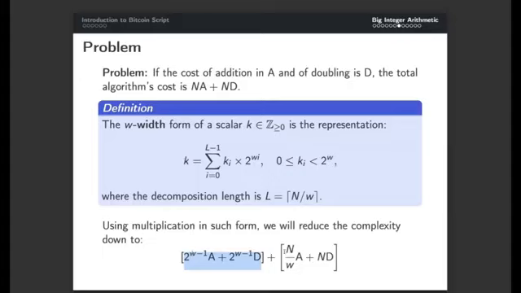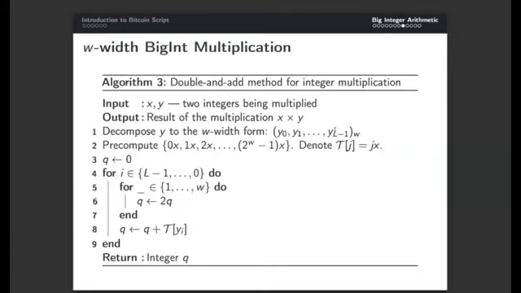What's even more important is this part. Notice that the number of doublings is the same, but the number of additions is reduced by a factor of w. So in case you set w to 4, you can expect the algorithm to be 4 times more effective than the regular approach, in terms of additions, of course. Okay, good. So what the algorithm looks like, and that's basically the high-level overview of how we have implemented it, is to, instead of